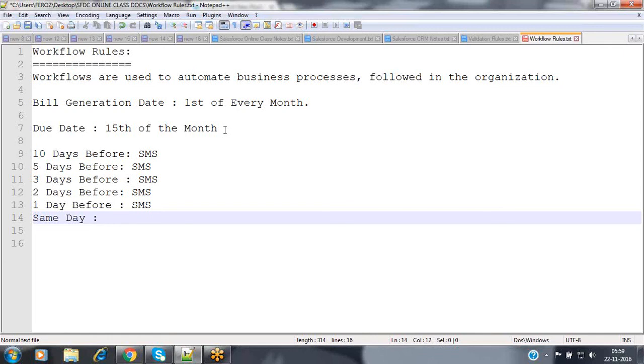Firoz, piggybacking on that question, it looks like these are alerts, right? Alerts, which I understand, but is that the only purpose of workflow here? Because it sounds like you're giving an example of an alert, but is that the only thing you can do? Say, lead status, lead conversion. Can a process like that be automated with a workflow here?